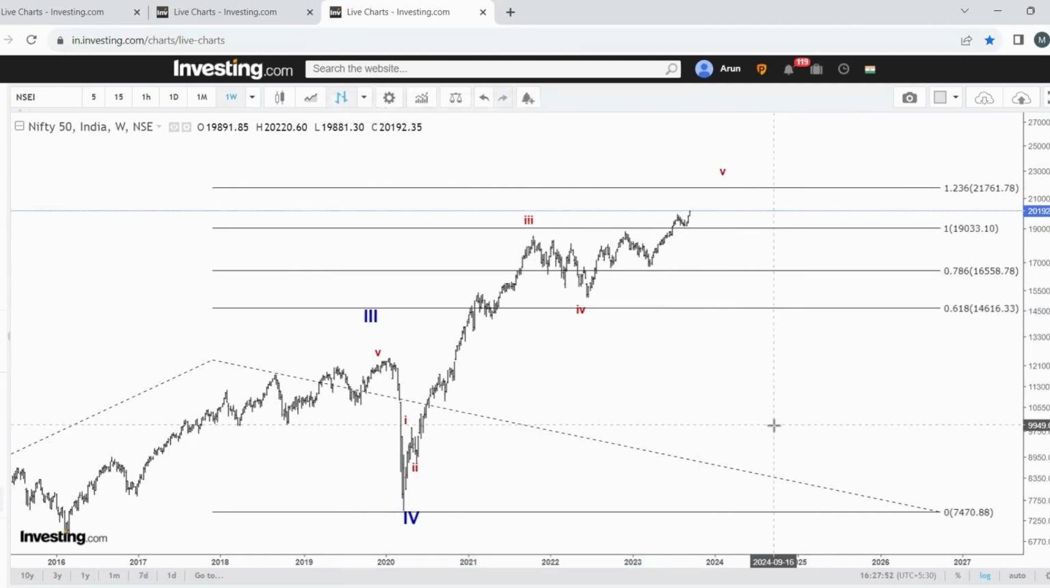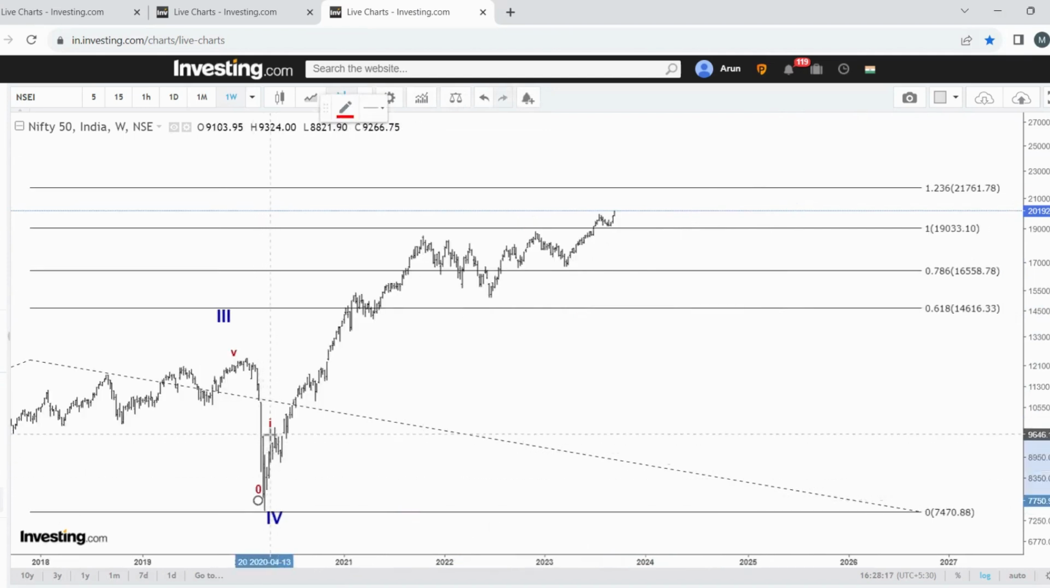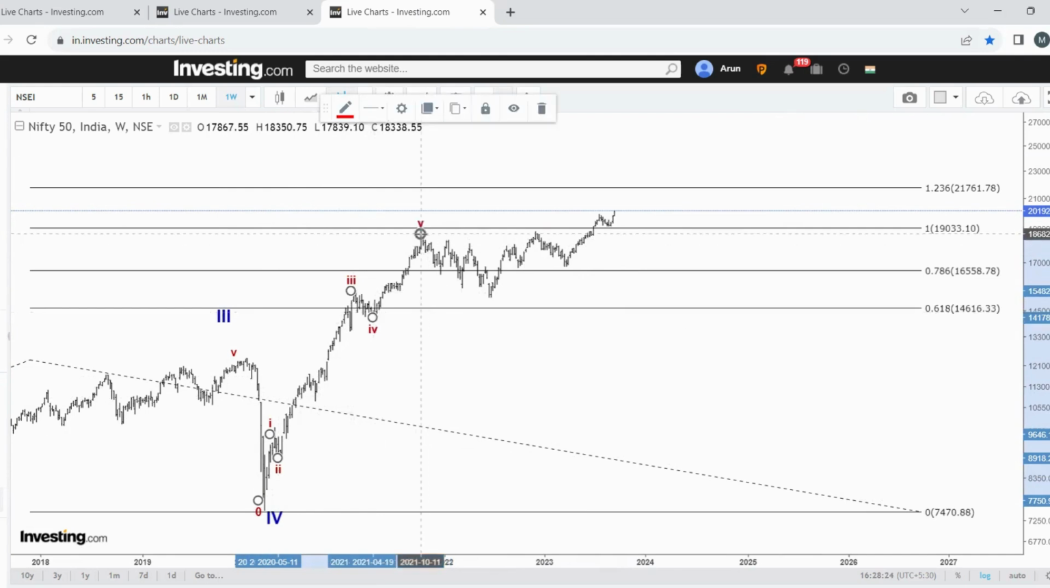Okay. Always have a second option with wave counts. Initial idea was wave 1, 2, 1, 2, 3, 4, and 5. This is 4 and 5. Okay. This entire 5 is wave 1 and shallow wave 2, and we are moving in wave 3 up. This is one option. Second option,